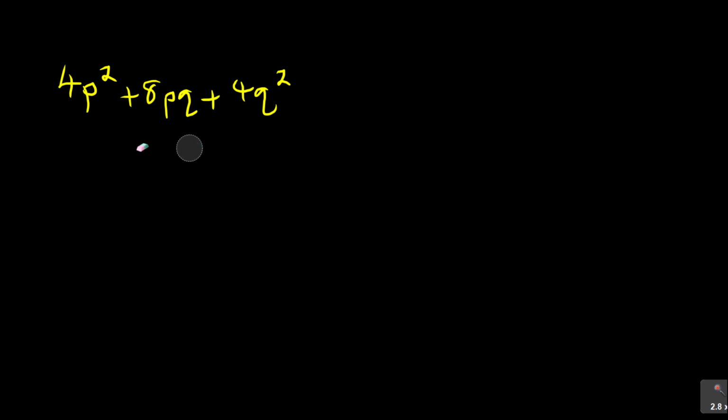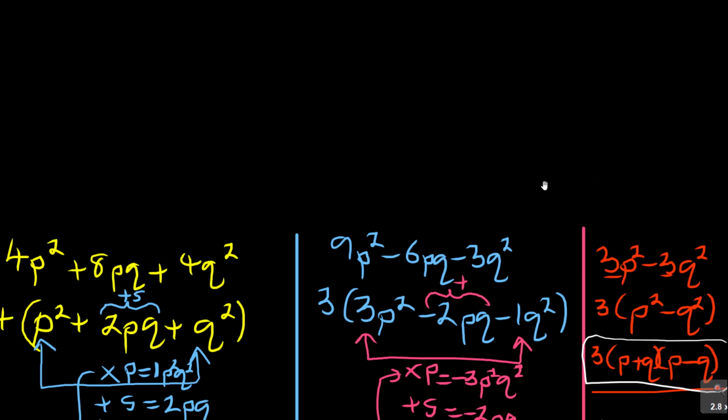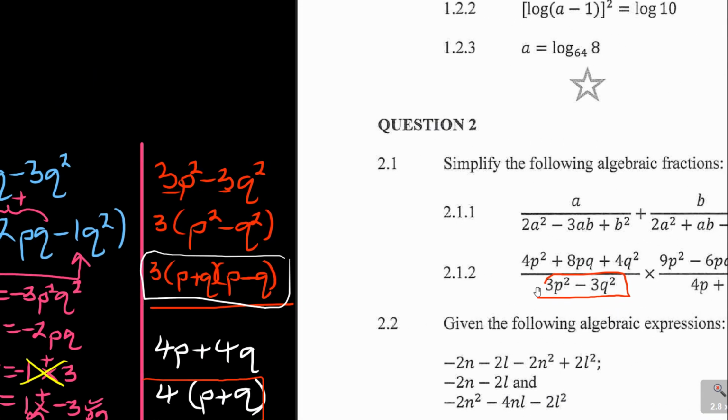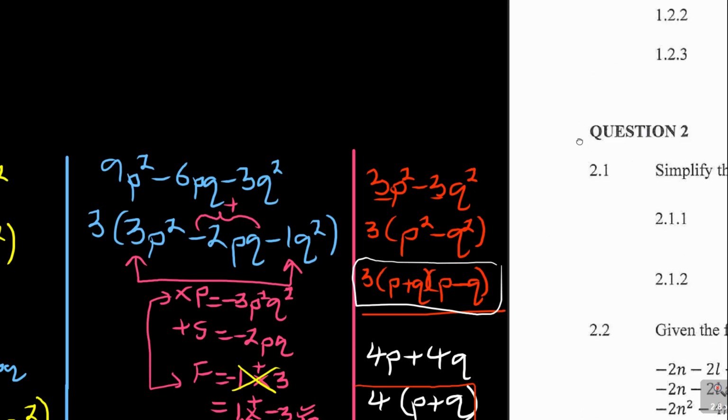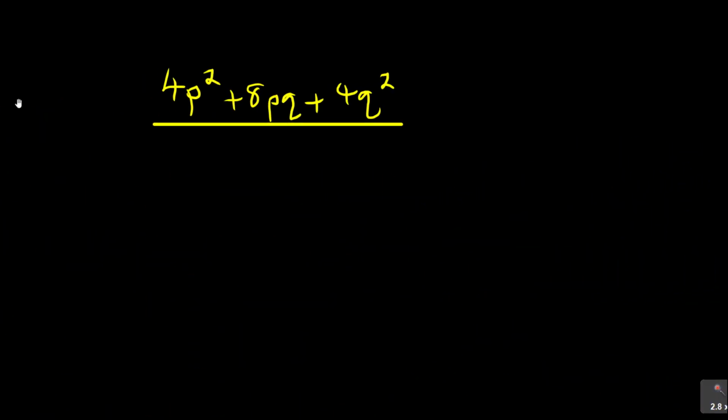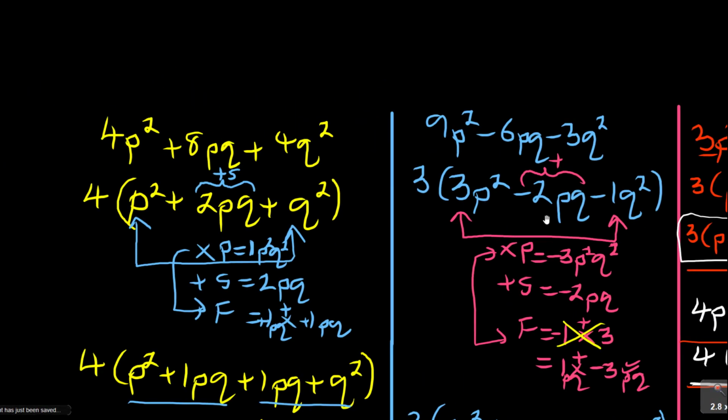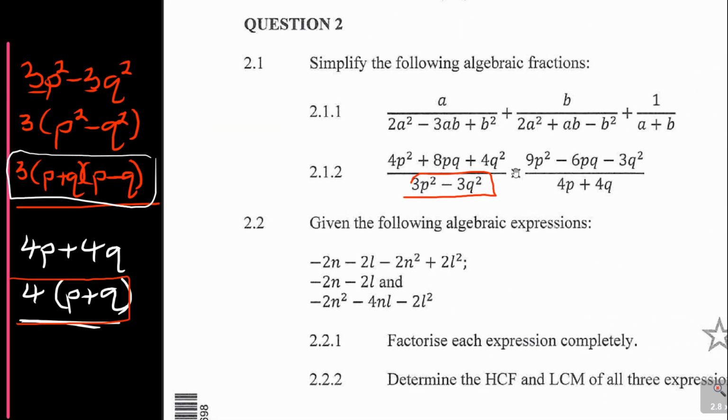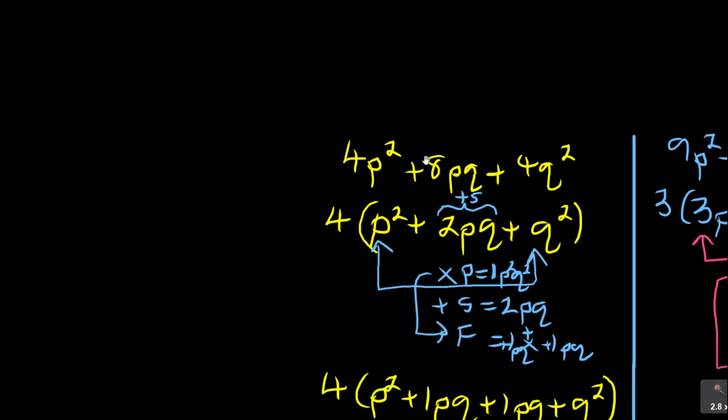Okay, so that's the first one, and then it's over. I just want to maintain that there. So this is over what? Over, and then the other one is not difficult. It's over 3p squared minus 3q squared. So it's over 3p squared, it's 3p squared minus 3q squared, and then the sign in between is what? It's multiplication. Okay, so it's times,